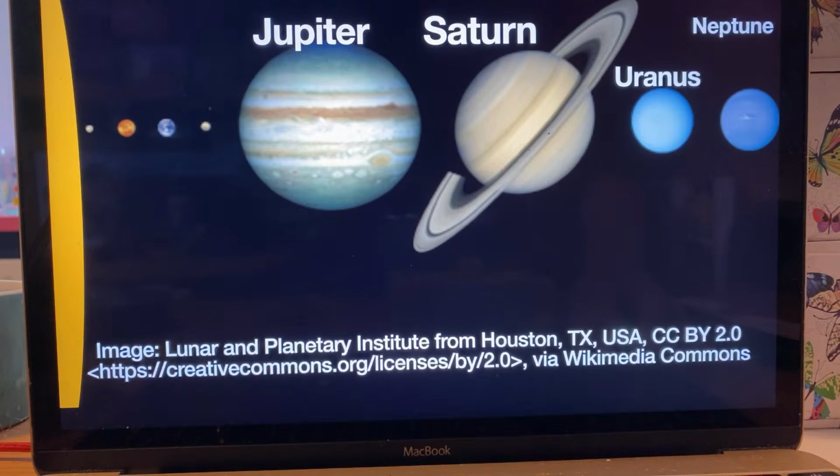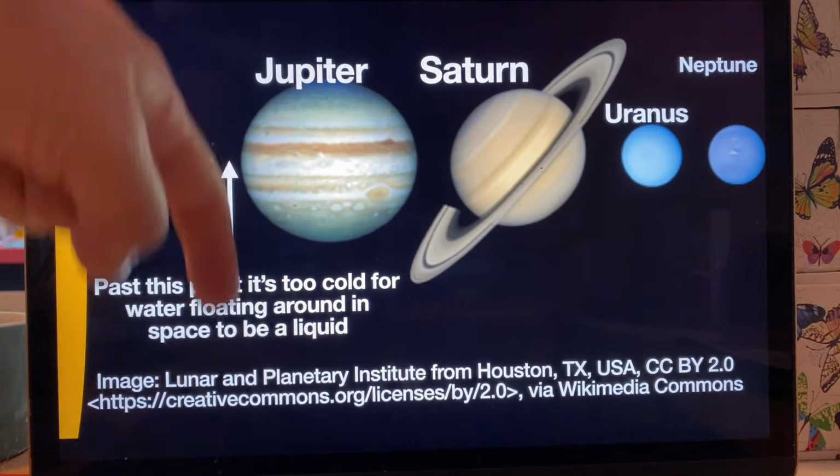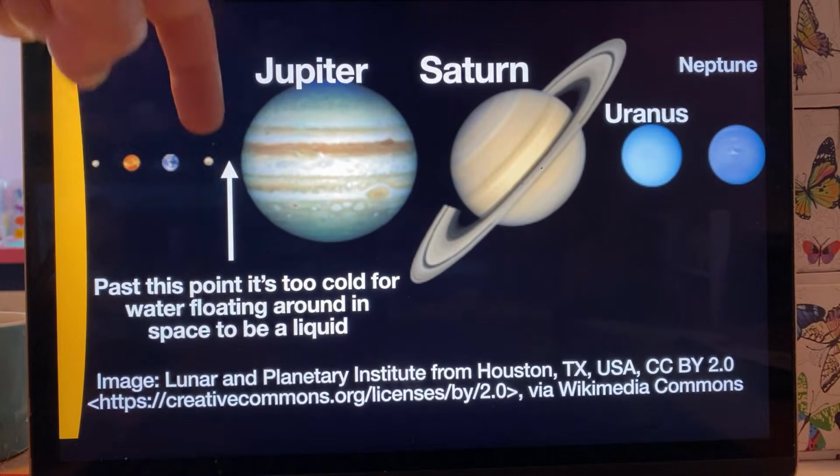And the planets much further away from the sun, they're gassy. They're made of the particles like your hydrogen and your helium, bits of water particles that all got blasted away from the sun by the solar wind. It's good, isn't it? Now, there's an imaginary line here where the asteroid belt is actually, between Mars and Jupiter,